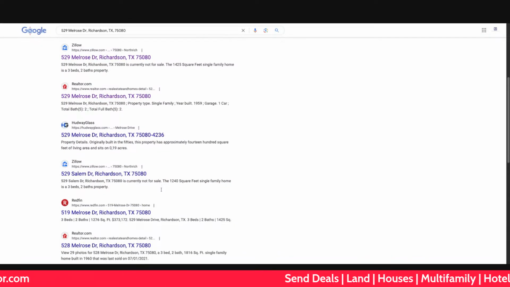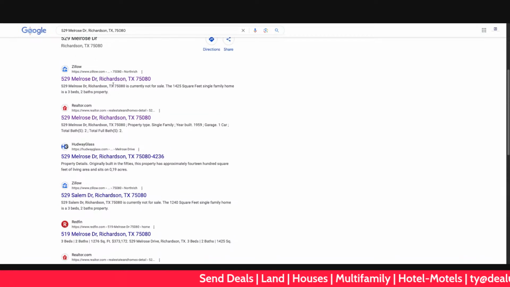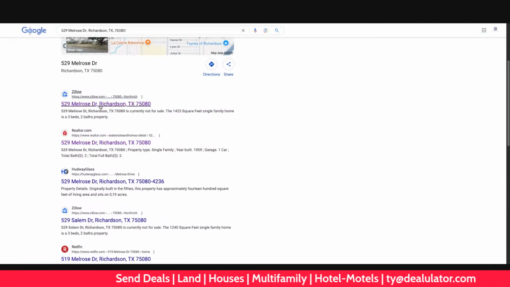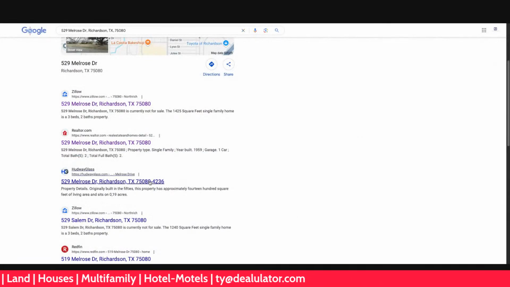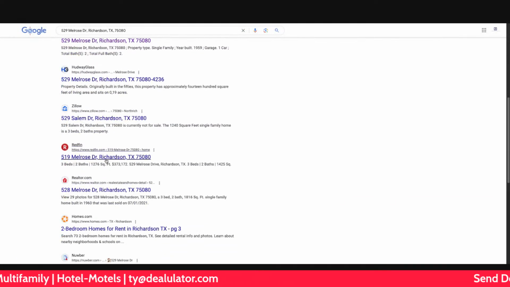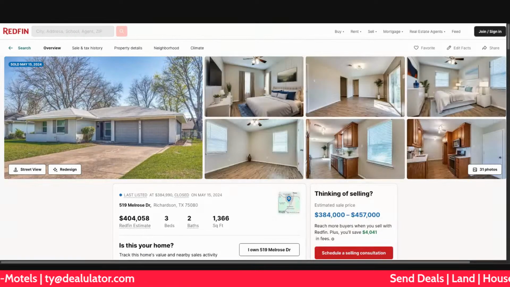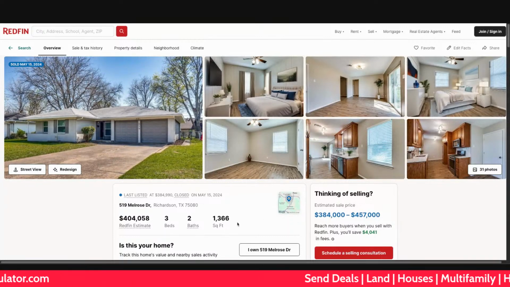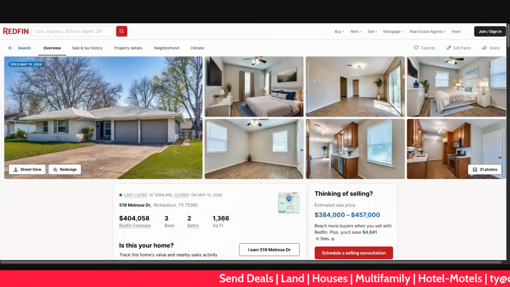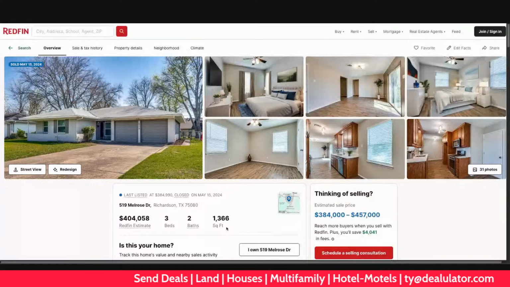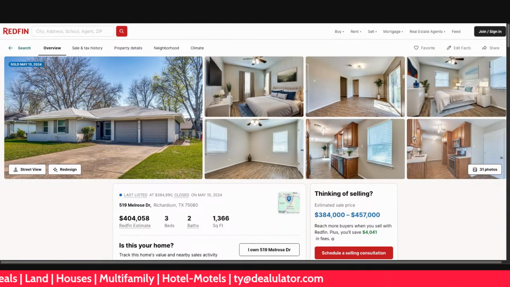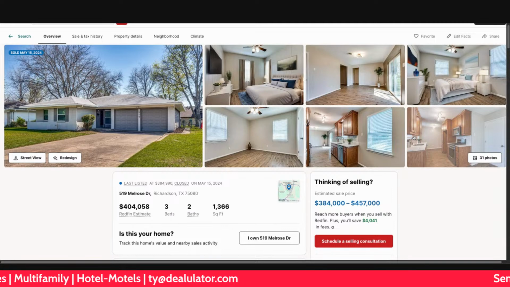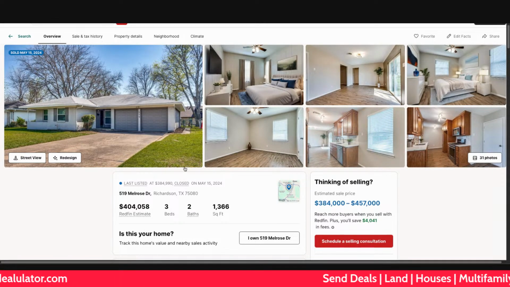Oh, Redfin doesn't have anything up, so it's mainly Zillow at 359. Is that Redfin on the same street? Yes, 519. What's the square footage on that one? This one is similar, 3 beds, 2 baths, 1366, so about 100 square feet different. But this one is fully remodeled though. Not bad. It was listed last May for 384.